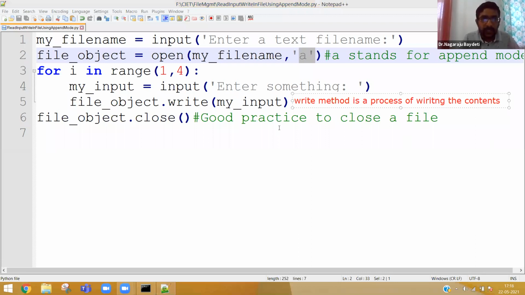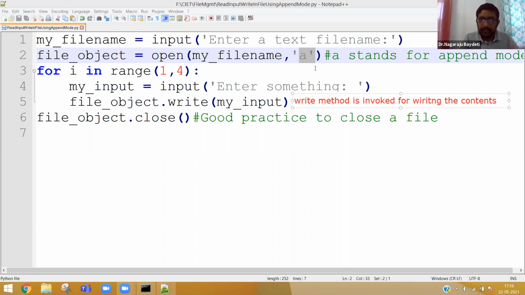Don't get confused. Here you are using write. Write is a method which is used, or called, or invoked for writing the contents.